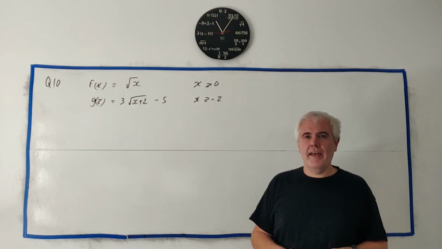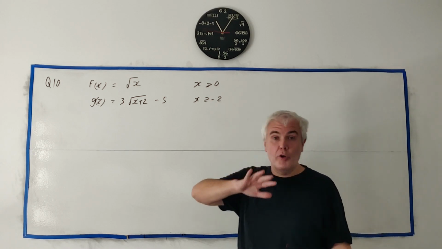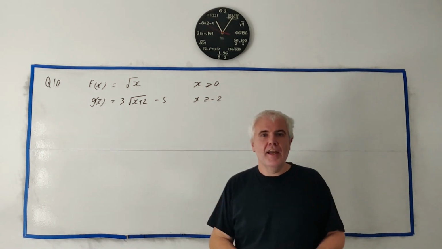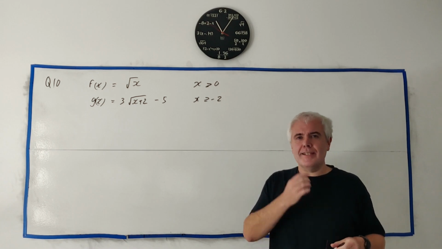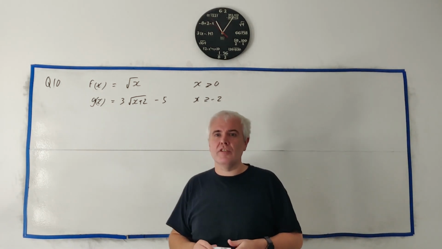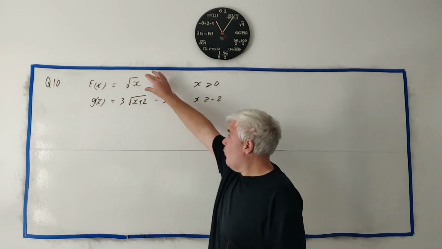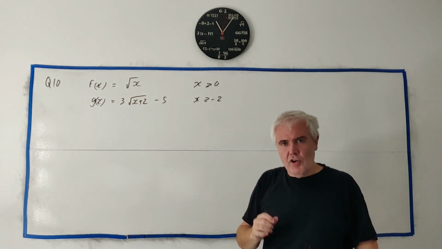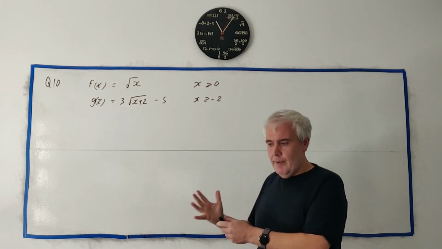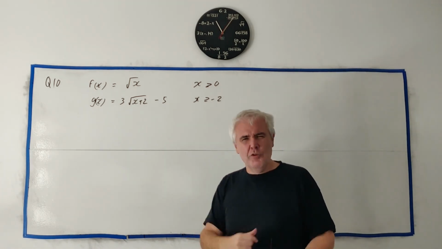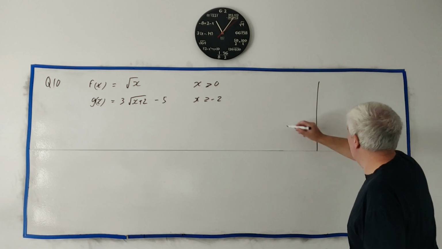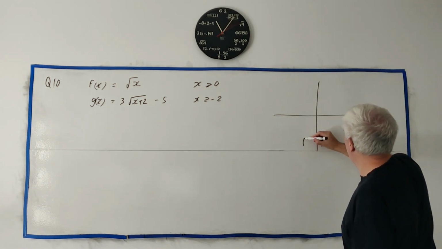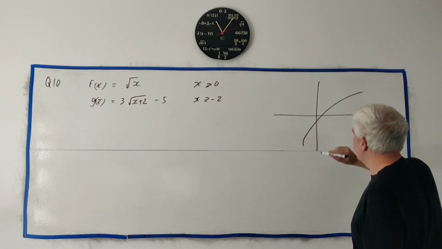In question 10, they give us two functions, f(x) and g(x), and they want us to describe a sequence of transformations that gets this graph to look like this graph. It's an interesting question because they haven't shown us images of these graphs. They do actually in the next part, so we could sort of draw one of these, looks something like this,